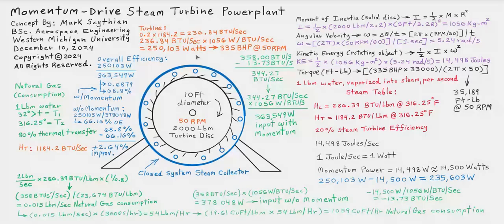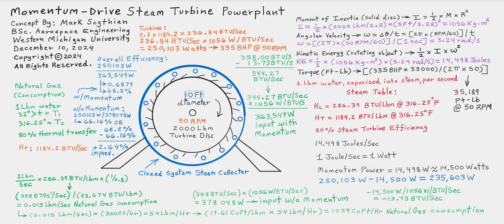mechanical power output, and then one last aspect is what kind of torque would we get with a large drive, like a 10-foot diameter disc, and it's intentionally weighted to 2,000 pounds, because we're kind of letting the moment of inertia assist or alleviate the amount of fuel consumption. So if we were to take the 0.015 consumption and then multiply it times the 2.64, so 0.064,